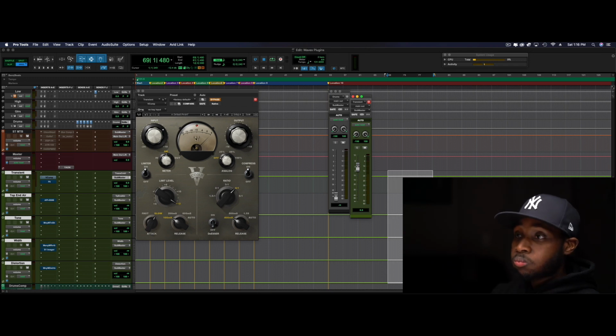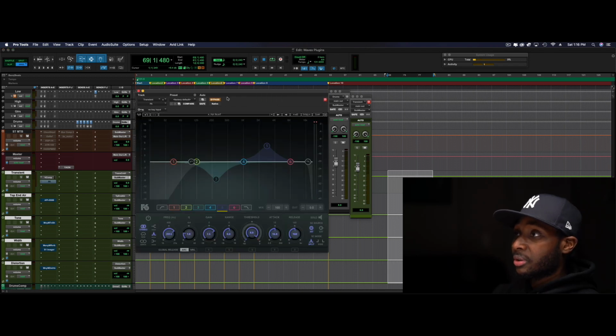Okay, so now just so you can hear the type of compression that we're doing. It's going to be 100% compression, and that's what you're hearing right now. And what I'm really doing here is bringing out the attack and compressing it as hard as I can, and also doing a little bit of